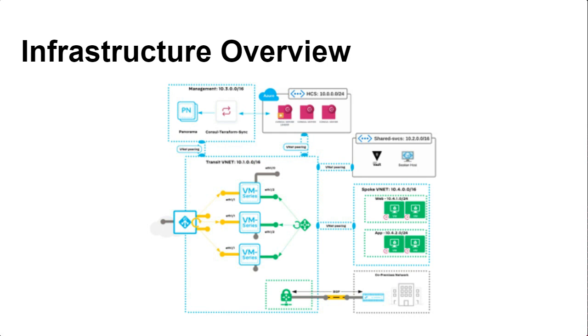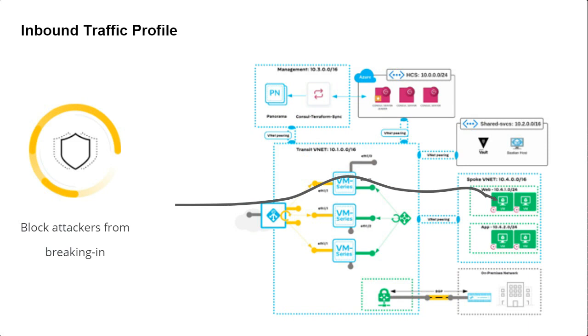Perfect. Before we dive into the demo, I just want to quickly go through a couple more slides just to illustrate what are the kind of use cases we're going to use VM-Series to protect against, right? So one of the use cases is inbound traffic. So the traffic coming into your workloads, right? This is where you would provide protection from external attackers breaking into your application. This is truly important, right? You talk about perimeter is all gone. So you need to make sure that any traffic hitting your web or any front-end servers are protected from these malicious attacks.